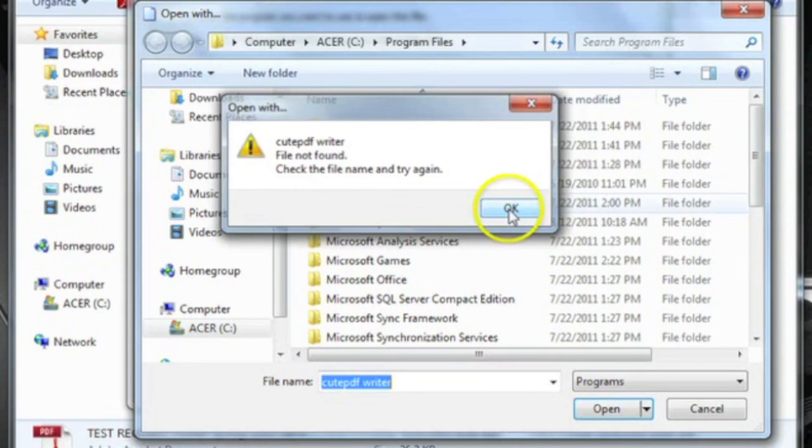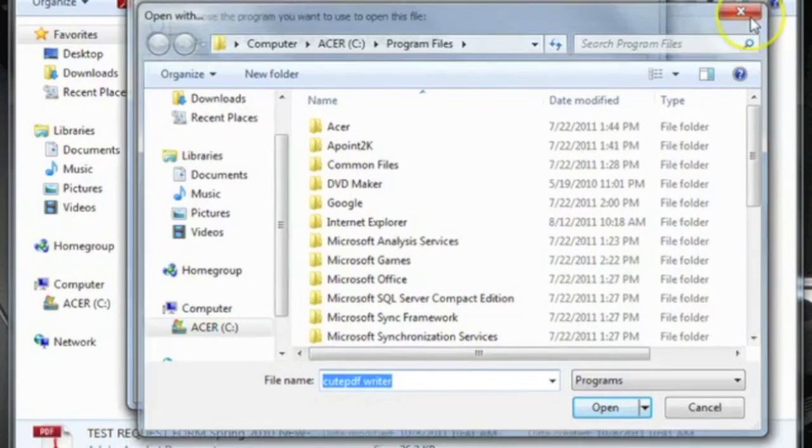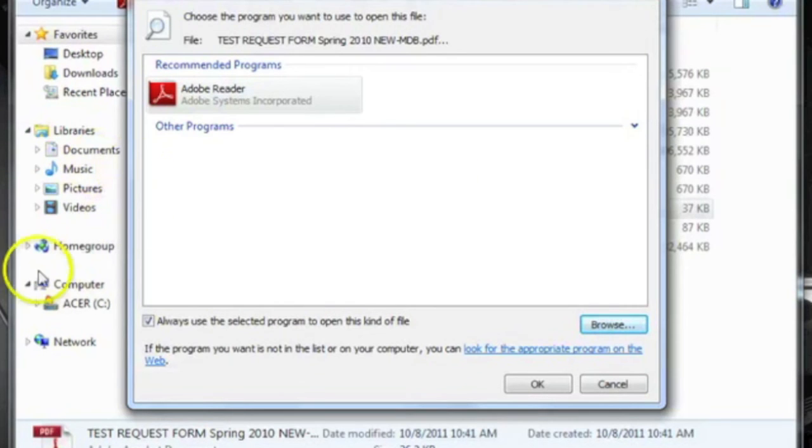Okay, apparently it did not like that, but even if we open it in PDF in Adobe Acrobat,